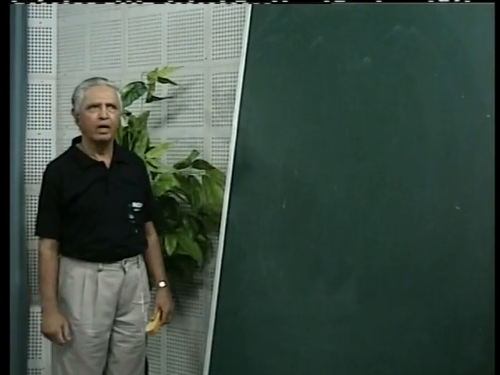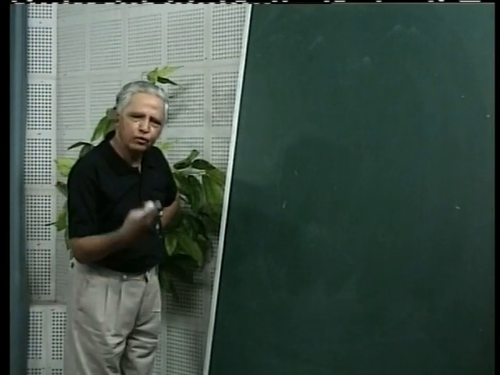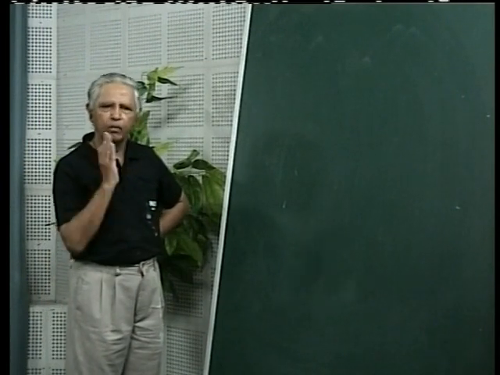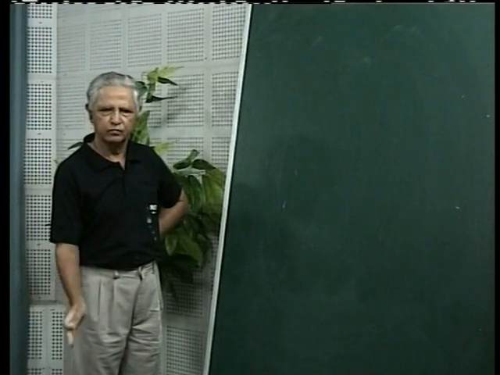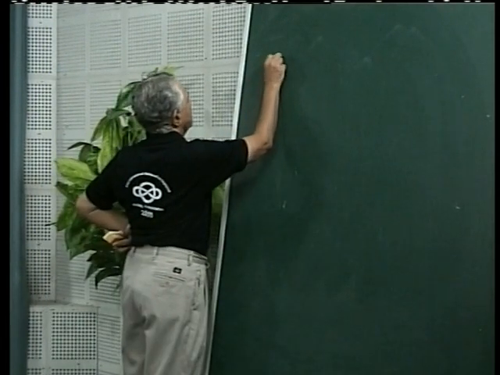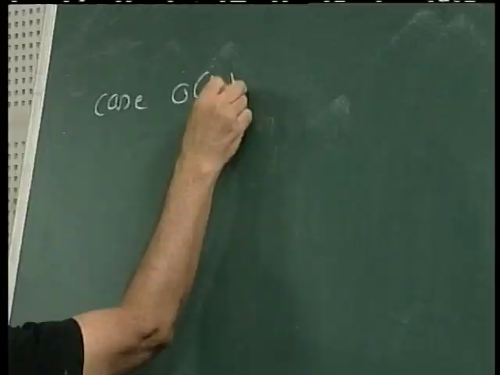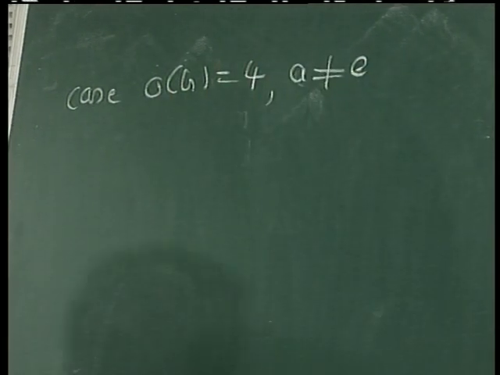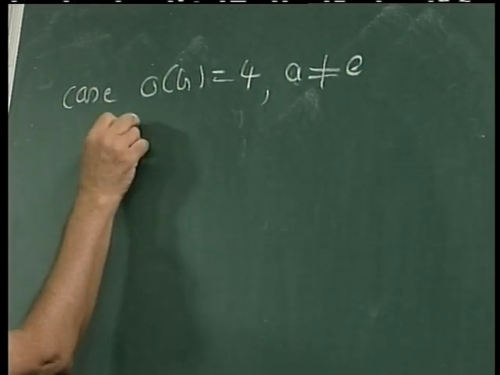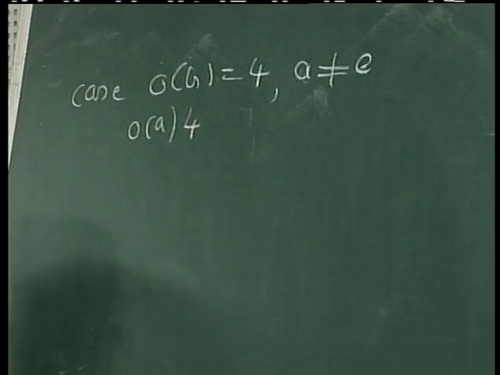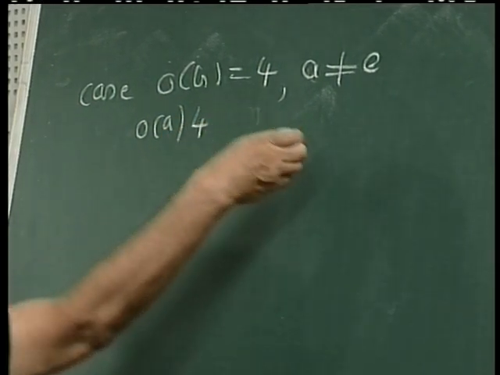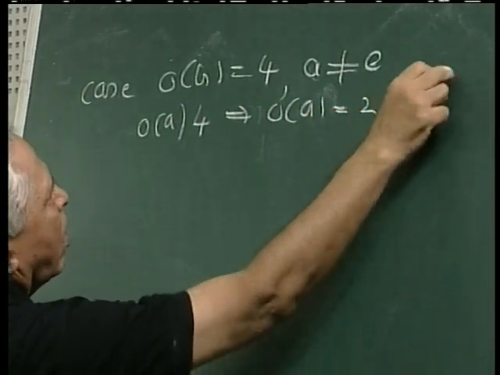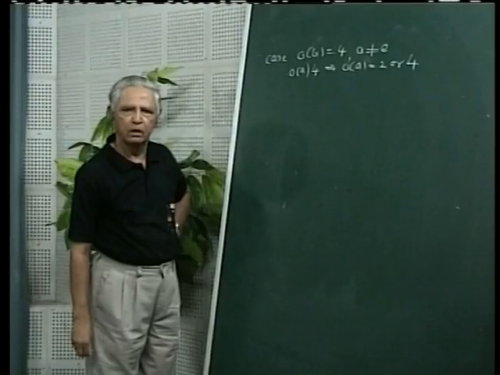So these are some applications of Lagrange's theorem. And now, as I told you in the beginning, with the help of Lagrange's theorem, we can have a classification of groups of order 4 and 6. So first case we take that order of the group G is 4, and we take one element A different from E. Then order of A divides 4, and since A is different from E, the only possibility we have is OA is equal to 2 or 4. Let us say